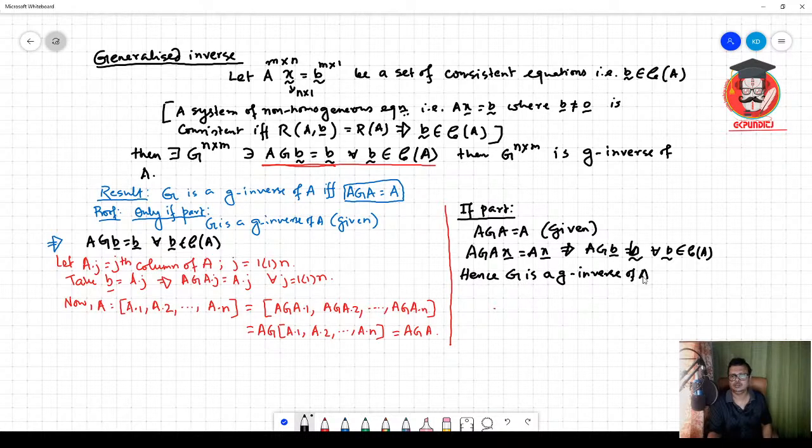So one thing, please remember that you should write A, please do not write D. When you only write inverse, then you use D, otherwise for g-inverse you use A, because g-inverse is not unique. Okay,